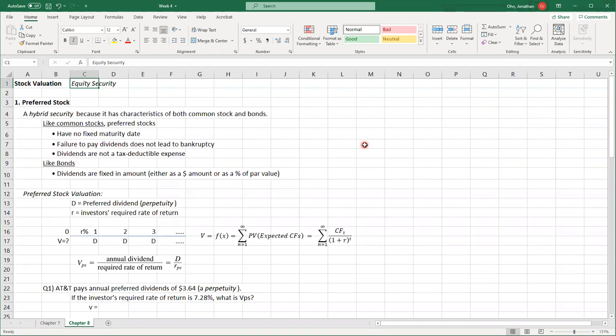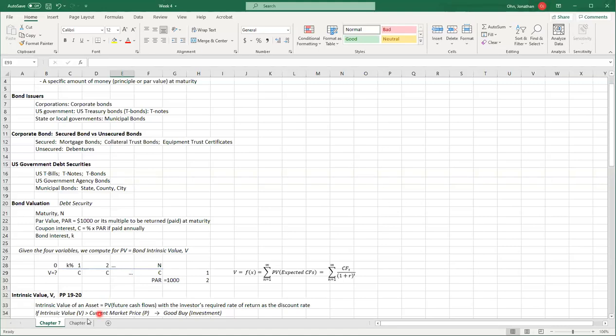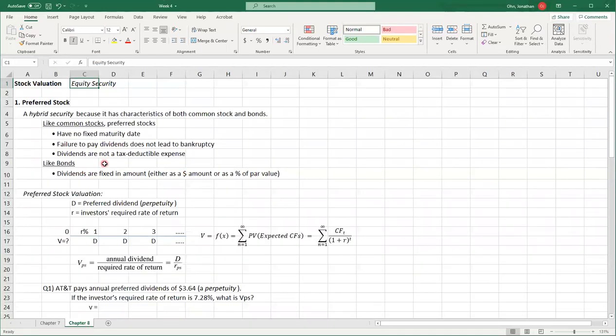But dividends are fixed in amount. Typically fixed in amount means it's similar to the bond coupon payment. You see that? It is already fixed, and theoretically, model-wise, it is fixed forever. So the preferred dividend is already determined forever, but the common dividend is not determined. It is not deterministic.